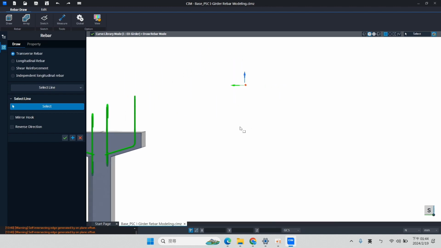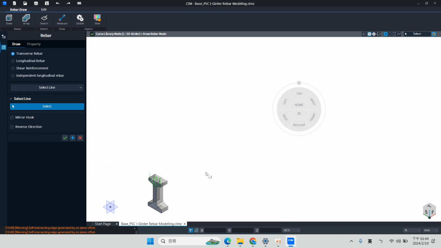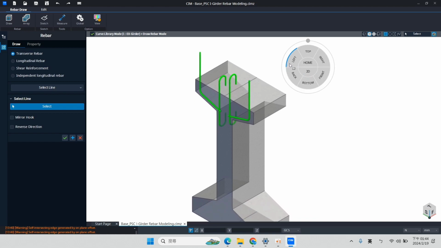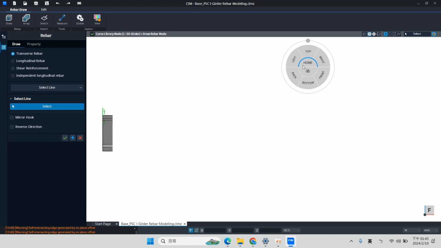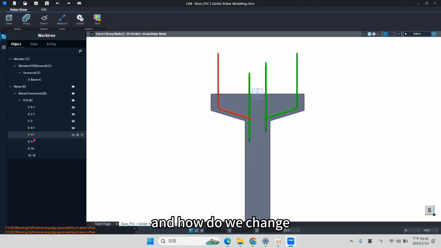Okay, as you can see here, you can see here the hook is on the outside, sorry, on the x direction of the model. Okay, and if you can see on the left hand side here, there are different spots. And how do we change that?